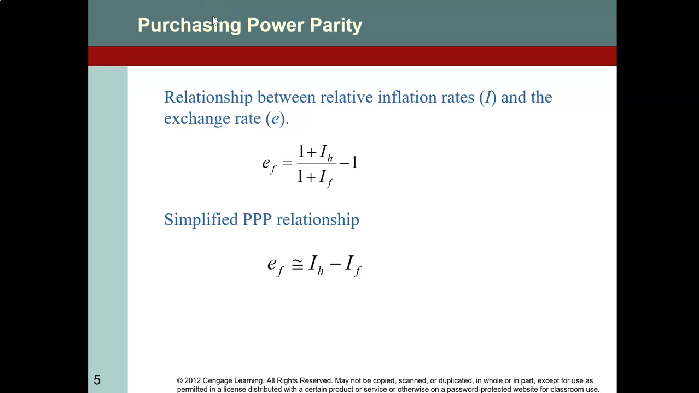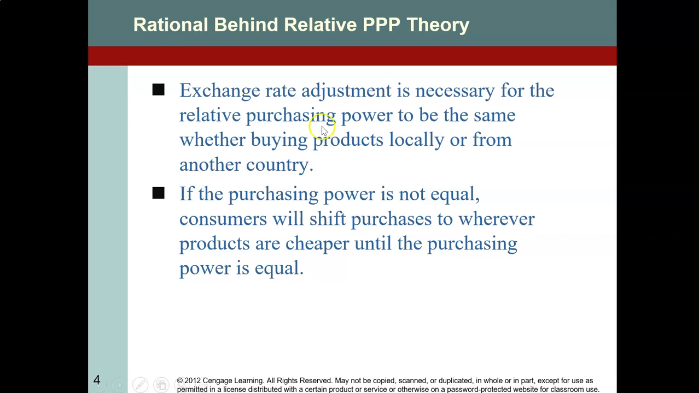Let's continue talking about purchasing power parity. So this gives us the relationship between relative inflation rates, the capital I, and the exchange rate E. Remember in the last video, we talked about how interest rate adjustment is necessary for the relative purchasing power to be the same whether buying products locally or from another country. If the purchasing power is not equal, consumers will shift purchases to wherever products are cheaper until the